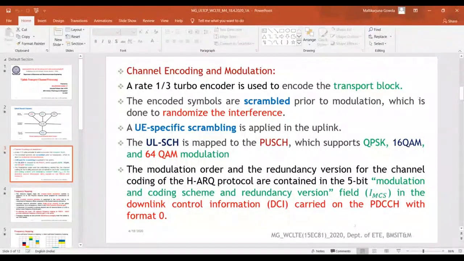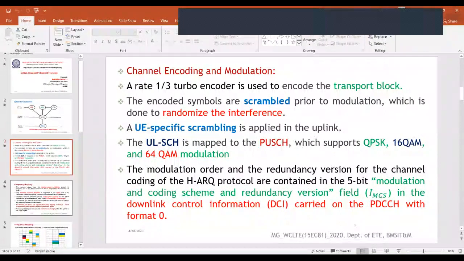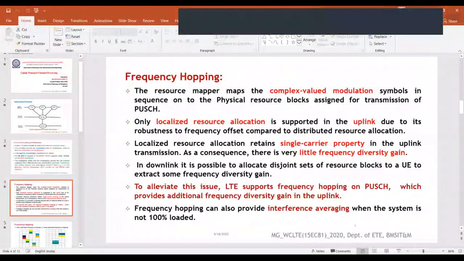It supports three different types of modulation techniques: QPSK, 16 QAM, and 64 QAM. QPSK and 16 QAM are supported by every user equipment, and 64 QAM depends on the capability of the user equipment.